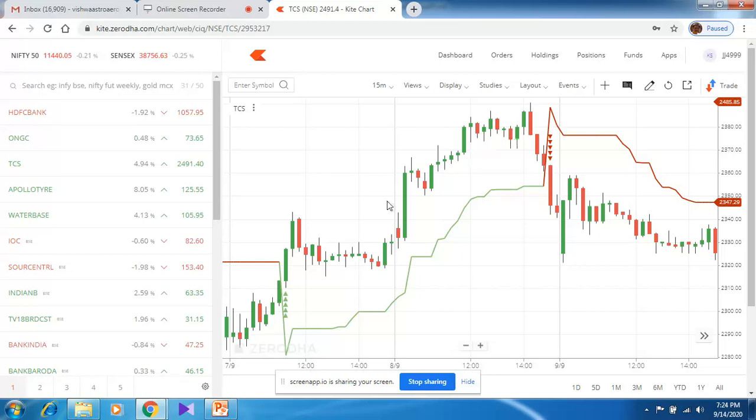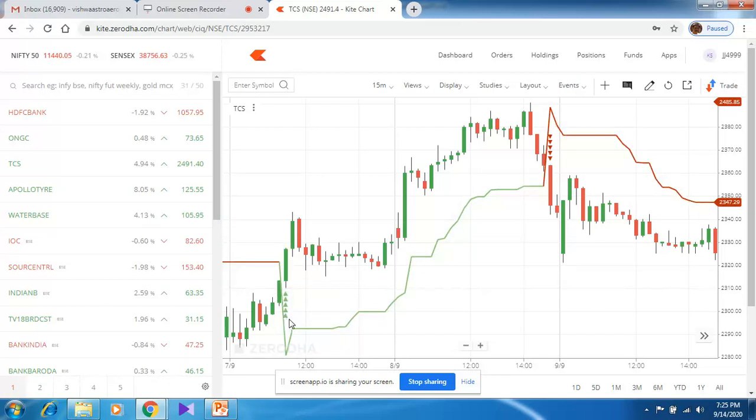So, whenever we use super trend, it actually changes its color from green to red and red to green if there is bullish condition. Bullish means, as I told you, the market will immediately go up gradually, immediately. Okay, so in that case, what happens is that it shows arrows like this at a certain time. So this means that the volume or the number of people who were there earlier has now been increased and they are all increased in buying the stock. This is the meaning of this. So this is super trend.